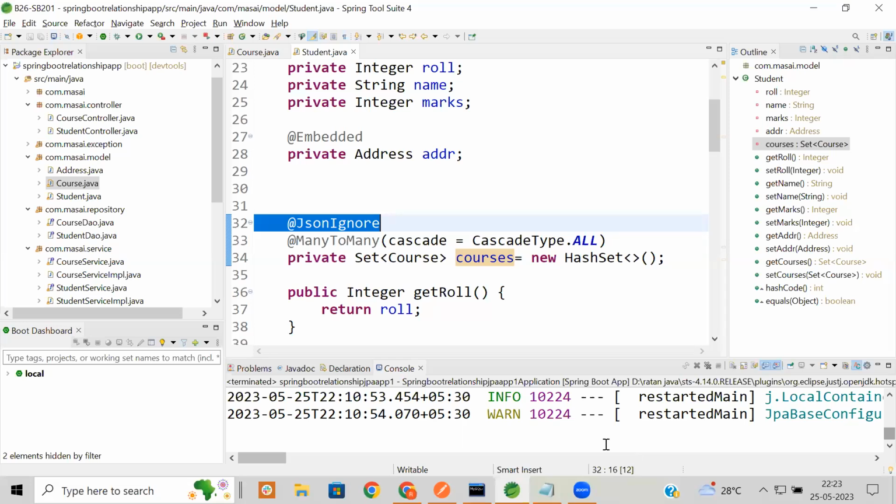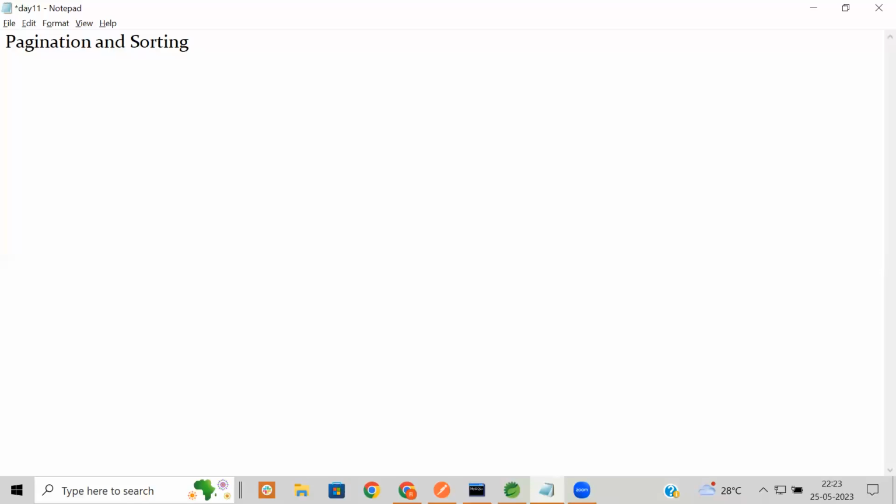So here the next concept is pagination and sorting. Pagination and sorting is a very important and interesting concept. पेजिनेशन, पहले हम शॉर्टिंग की बात करते हैं, फिर पेजिनेशन की बात करेंगे। शॉर्टिंग क्या होता है आपको पता है, असेंडिंग ऑर्डर, डिसेंडिंग ऑर्डर। और हम जावा में शॉर्ट कैसे करते हैं,